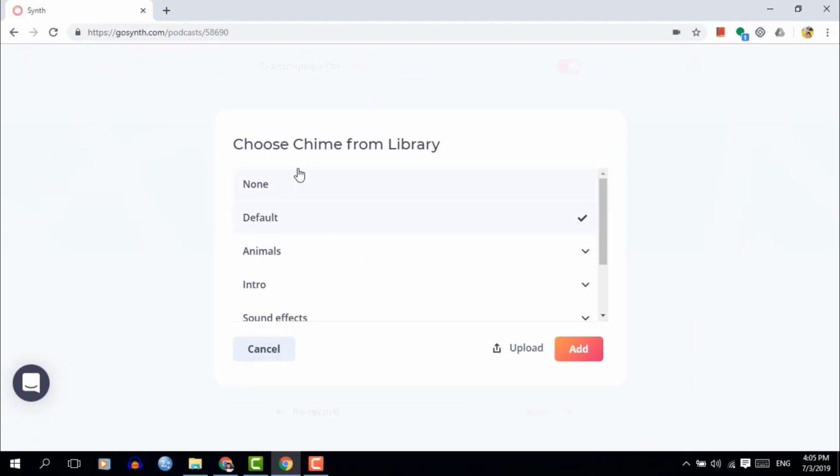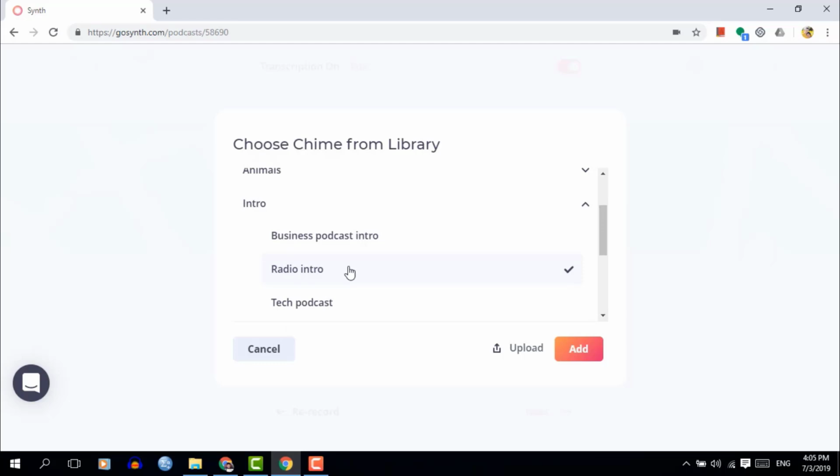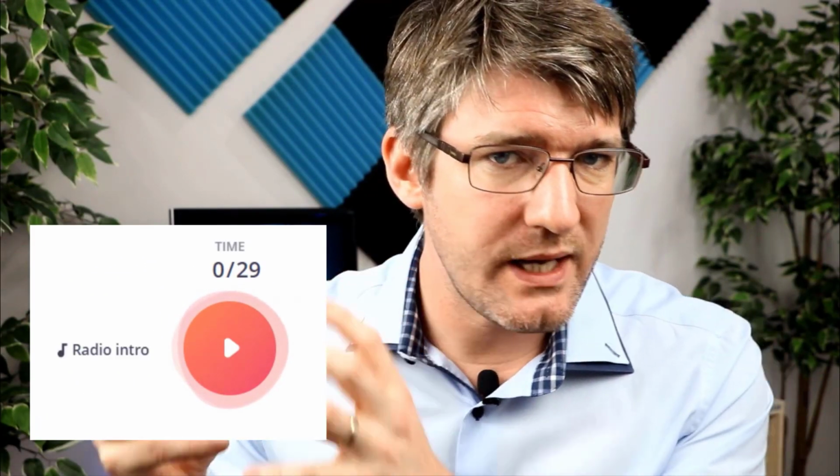So let's go ahead and add a chime. And I'm going to select the intro, radio intro. Let's go ahead and click on Add. So we now have two parts to this first synth. We have a radio intro